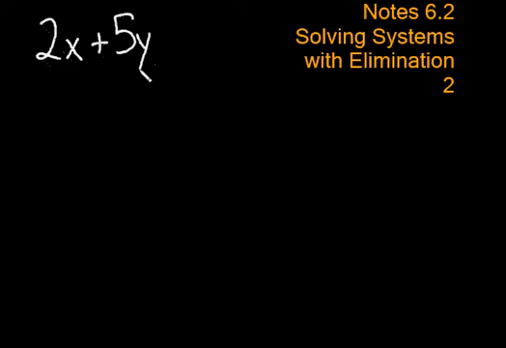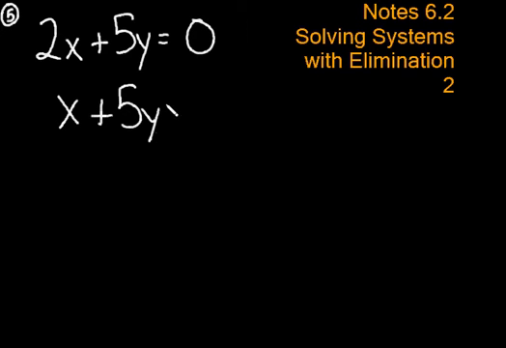These are from the page that you got yesterday. This one is in fact number 5. You get a system: 2x plus 5y equals 10, and x plus 5y equals negative 10. We really want this to cancel out. But if we look here at the 5's,